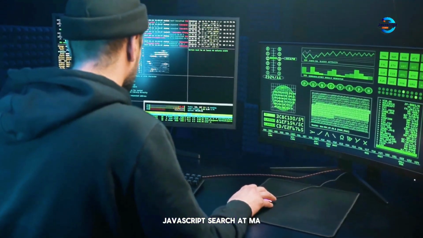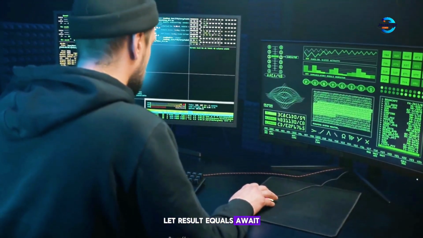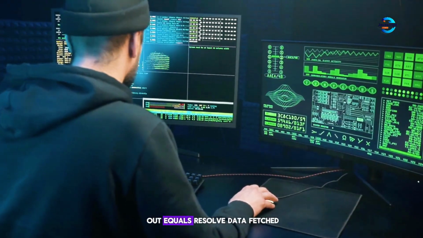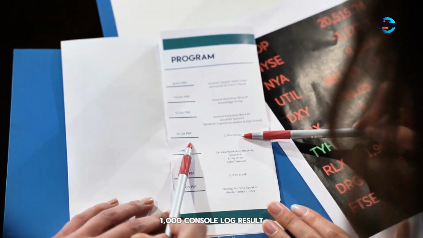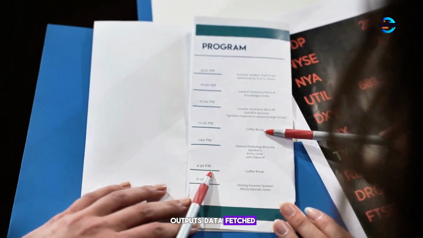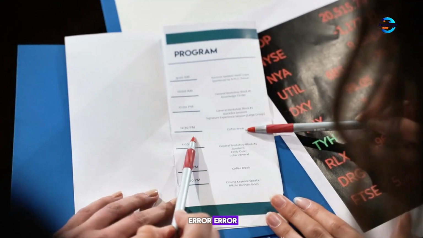JavaScript: async function fetchData() { try { let result = await new Promise((resolve, reject) => setTimeout(() => resolve("Data fetched"), 1000)); console.log(result); // outputs: Data fetched } catch (error) { console.log(error); } } fetchData();